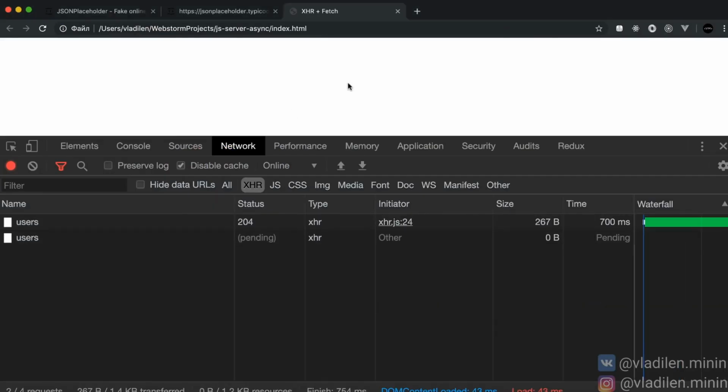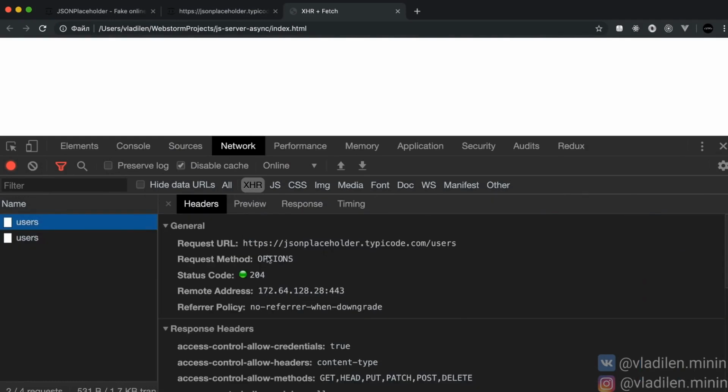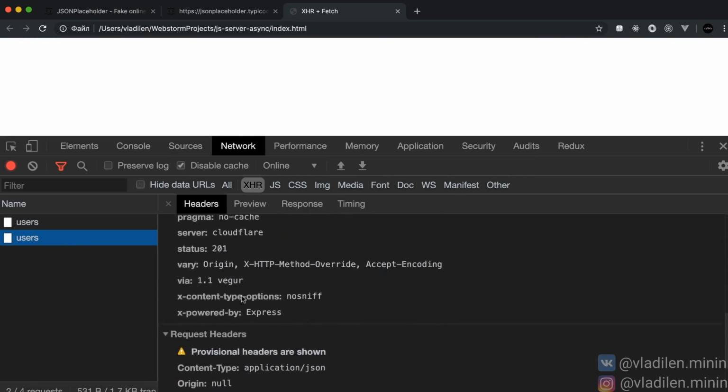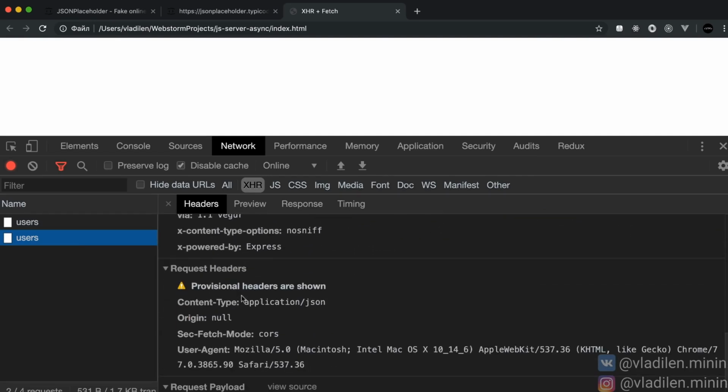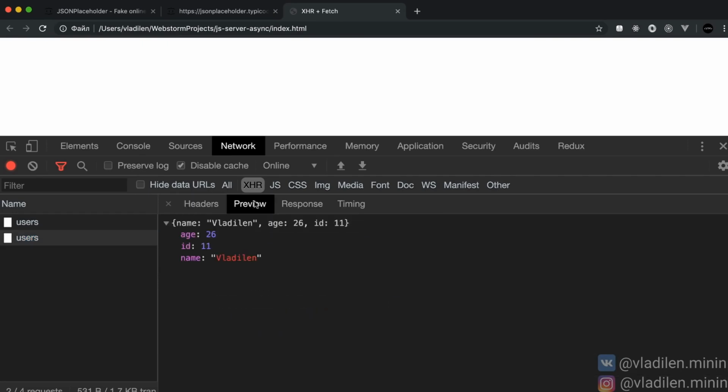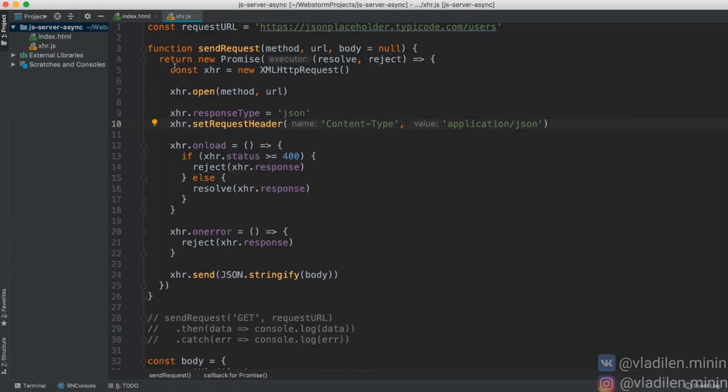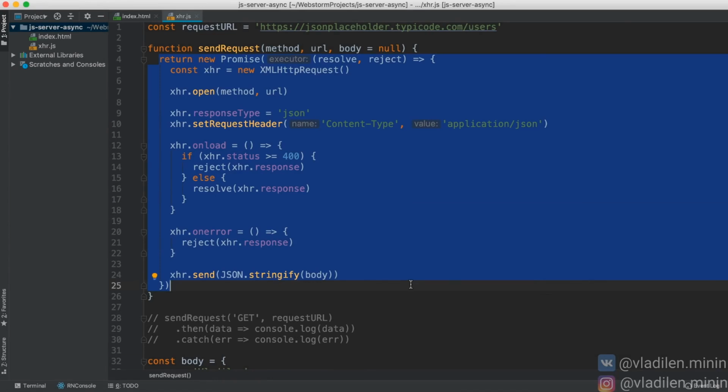Now, if we look at our request, I will refresh the page again. We have two requests being sent, where the first request is just a regular options request, which is completely empty. It has no response, and essentially it only serves to check if the server is available. Next, if we look, we have request headers, and the content type has already been changed to application/json. And now in the preview, we see how JSON placeholder responded with the same data, but it also returned an additional ID. So now our method works, and we can send asynchronous requests without libraries using basic